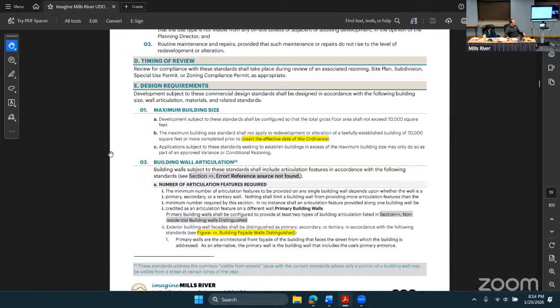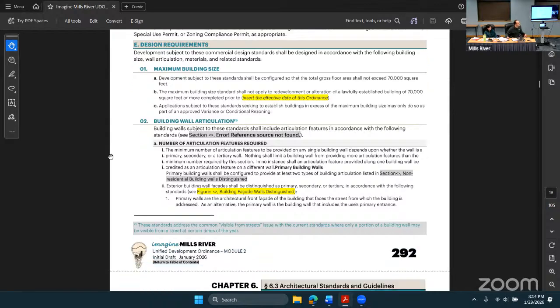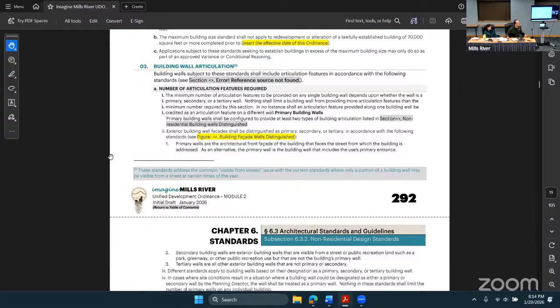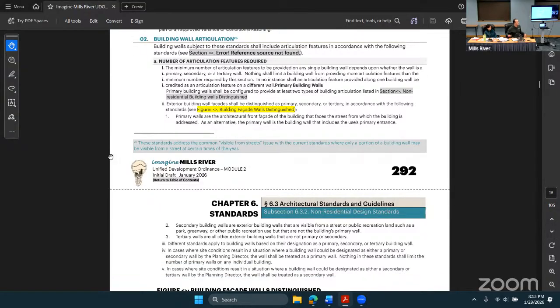Right now, your current code says you've got to have some articulation. The building has to have some visual interest in it. It can't be a long monolithic building wall with no treatment or anything like that. And the way that it's done now, it's very confusing because it talks about when it's visible from the road. And that can be different based on the site that you're in or what time of year it is